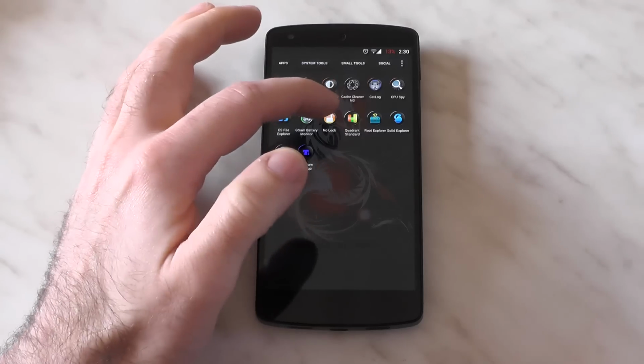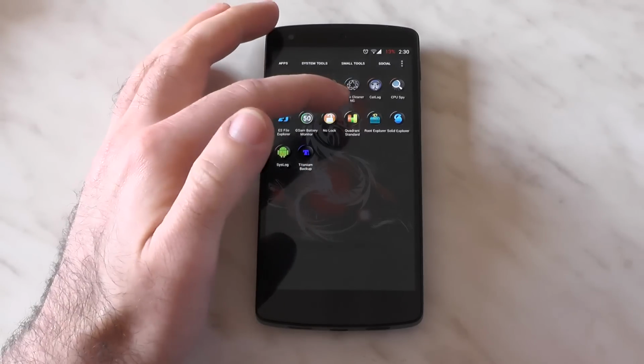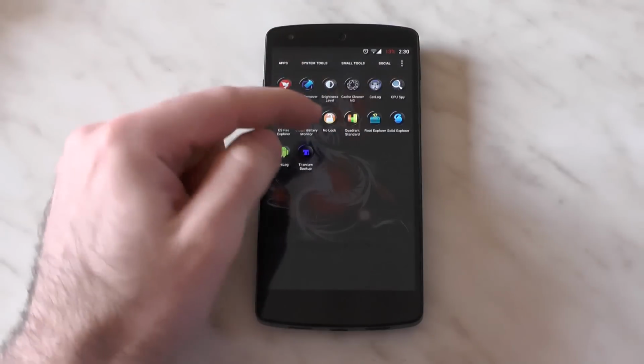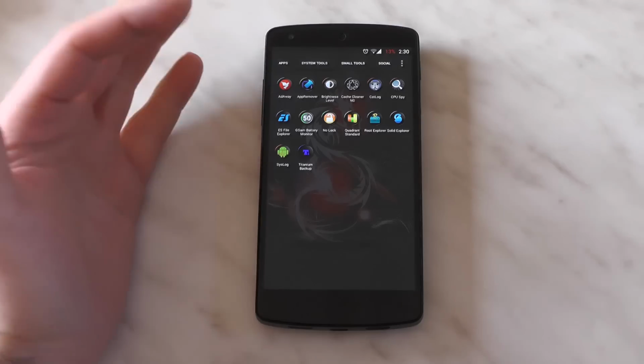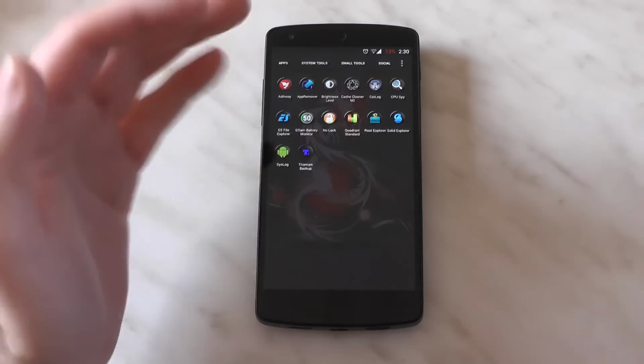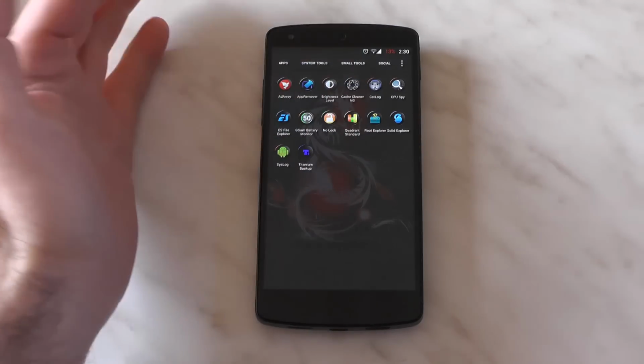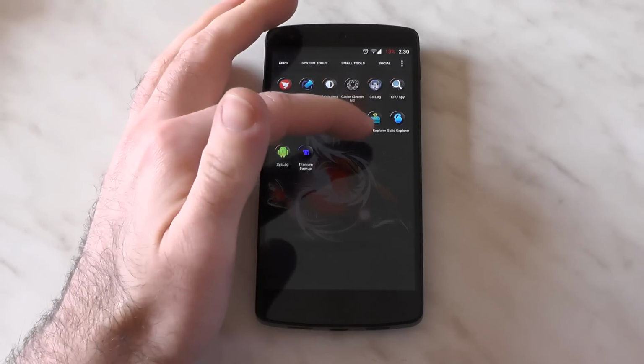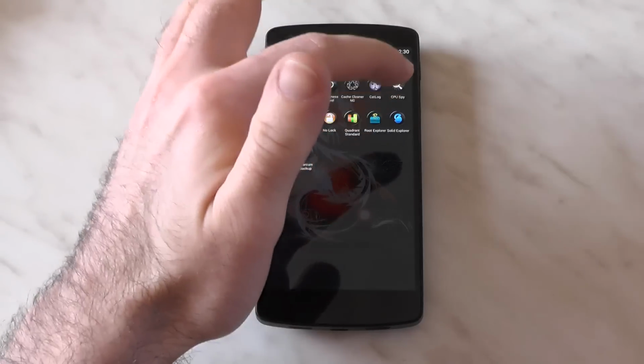Quadrant Standard. I don't think I've used that more than 1 or 2 times on the Nexus 5 because I don't really care about any benchmarks anymore since the power of the Nexus 5 is more than enough. Don't use it anymore. Root Explorer or Total Commander if you're using root, but my Explorer of choice